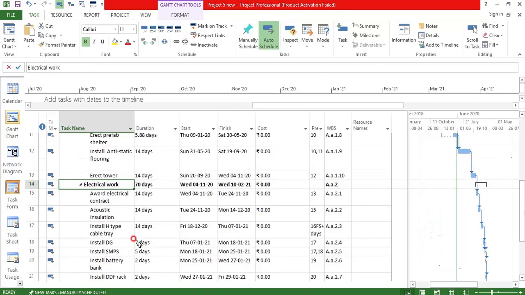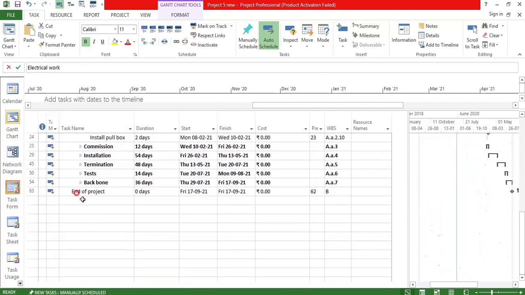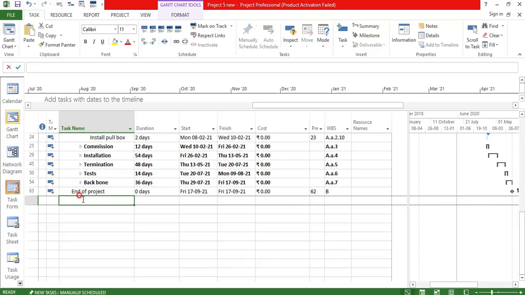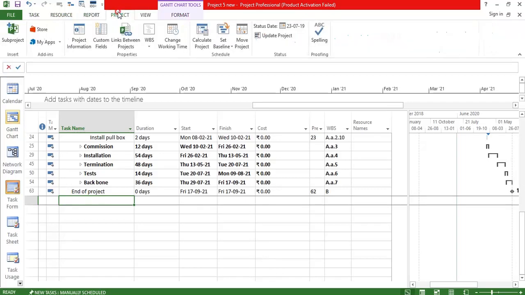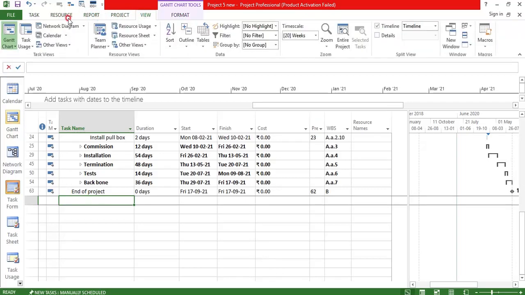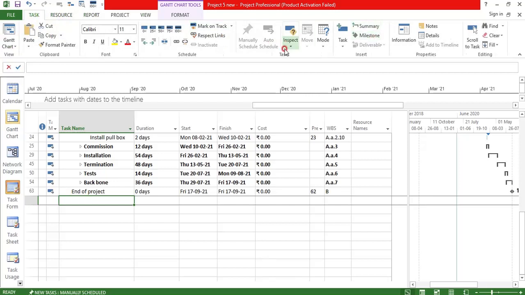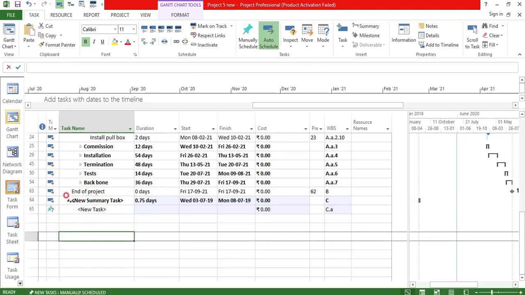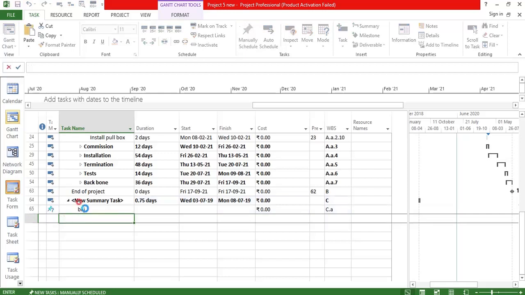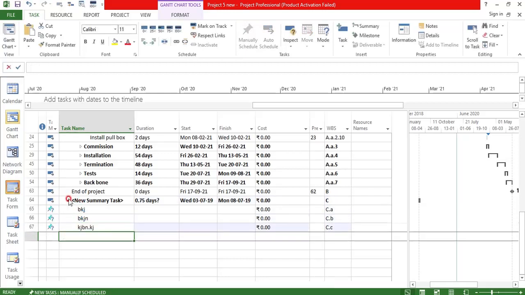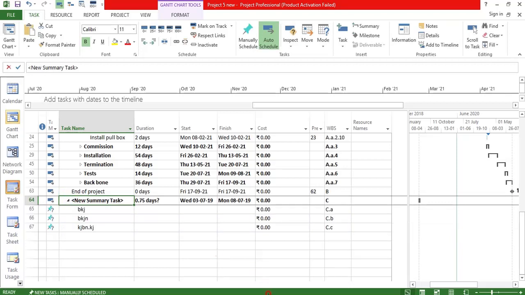Now one more option to create a summary task: I'll show you for any new activity coming here. Suppose you want to start with a summary task in the project, in Task, you can come here, select this option and say summary task. A new summary task is created. Under this summary task you can go on generating the activities. All these will come under this summary task. So this is also one of the options to create the summary task.